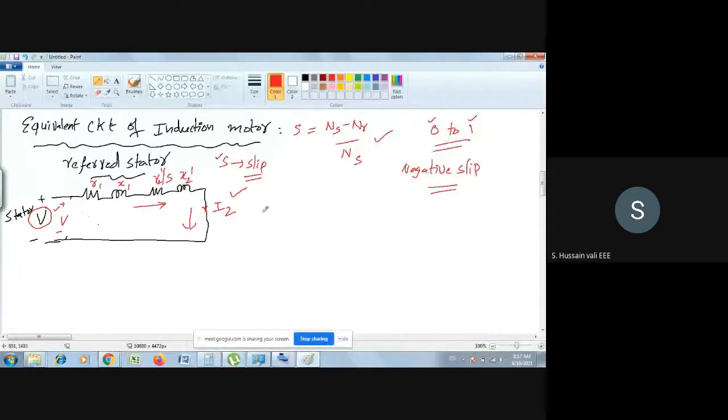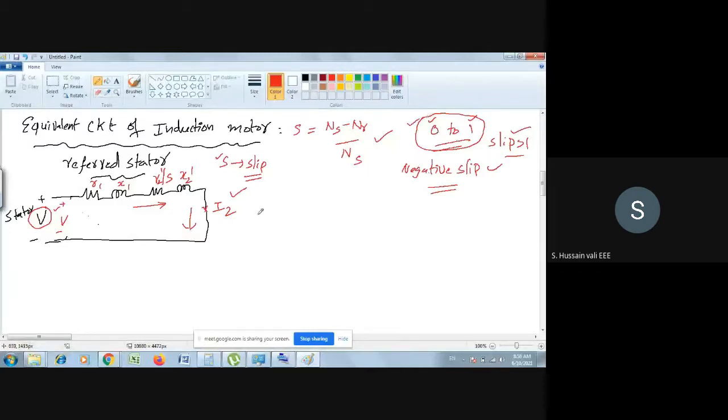Okay, now what you have to understand here is that sometimes even the slip is greater than 1. That's what I'm saying, these possibilities, this case and this case, are beyond our discussion. Whenever we require, we'll go into them when these situations arise. In general, when you operate the machine as a motor, the slip is from 0 to 1. Okay, so we'll stick to this one, 0 to 1.